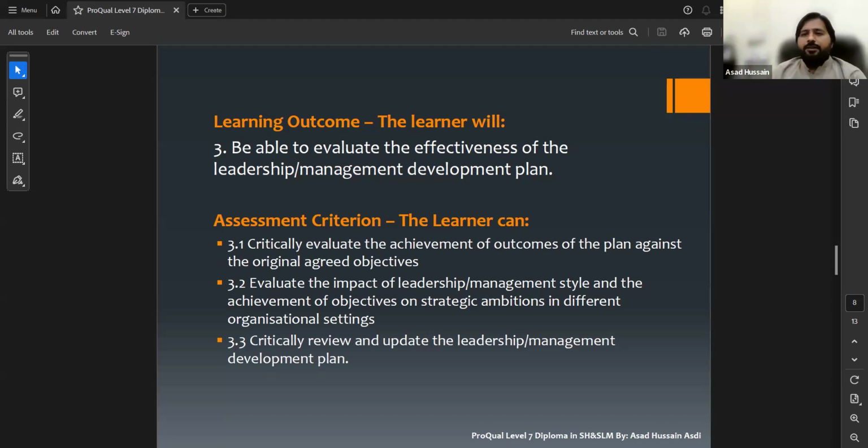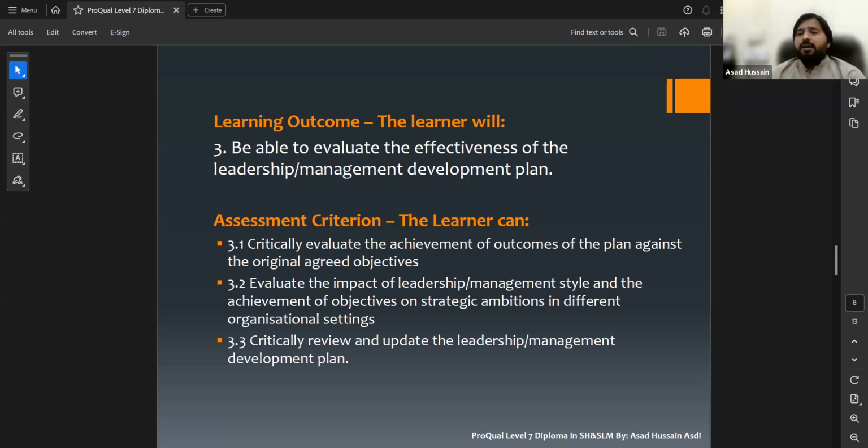In that case, you can also review your leadership management development plan and, after reviewing, update it, just to keep things getting better and better and to enhance the efficiency and effectiveness of your development plan.